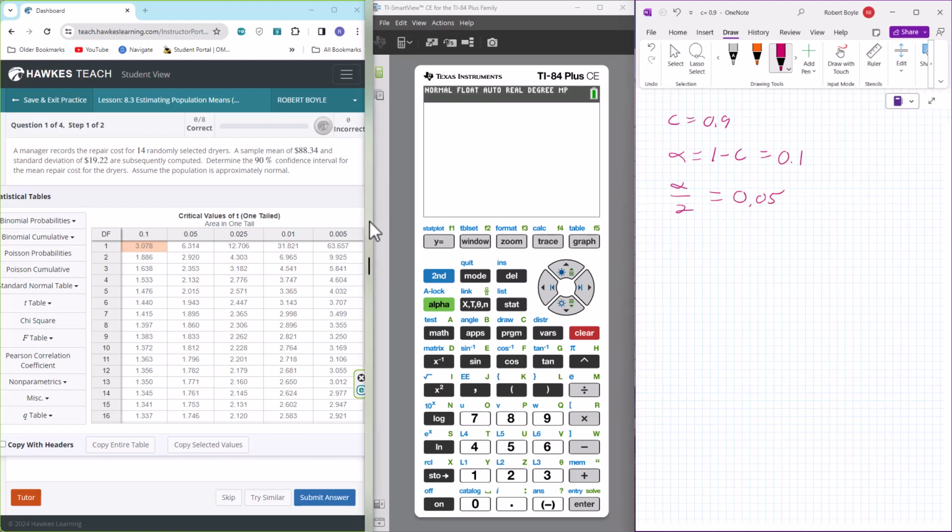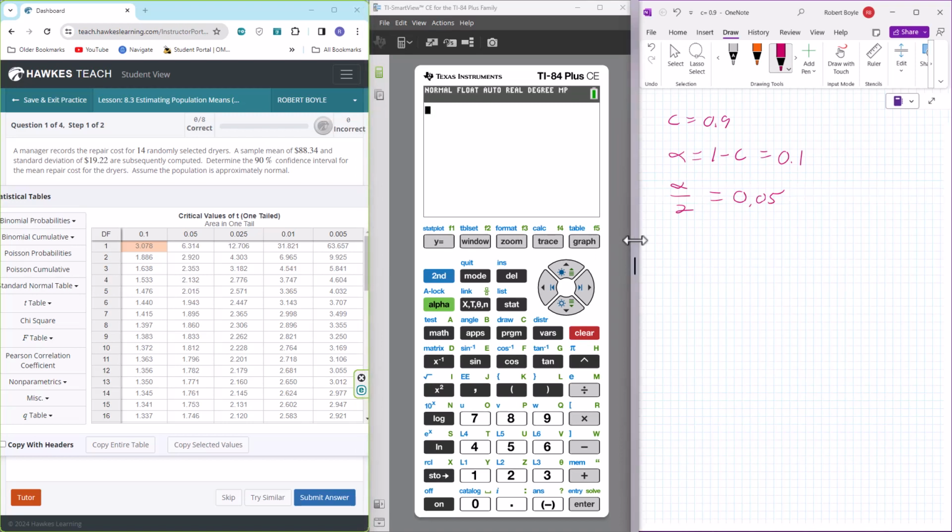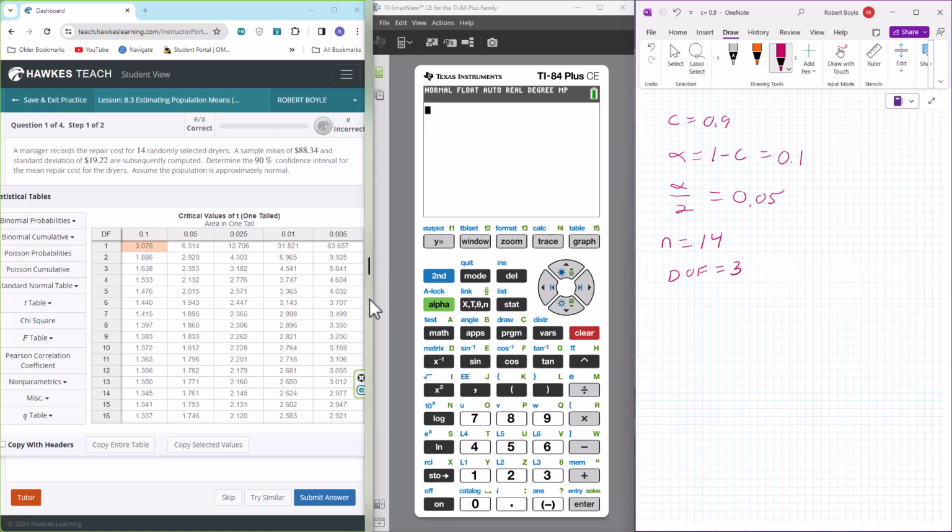That means that we will be looking in this column right here. Notice also that we have 14 samples, so the degrees of freedom is going to be equal to 13. And that brings us to this number right here,